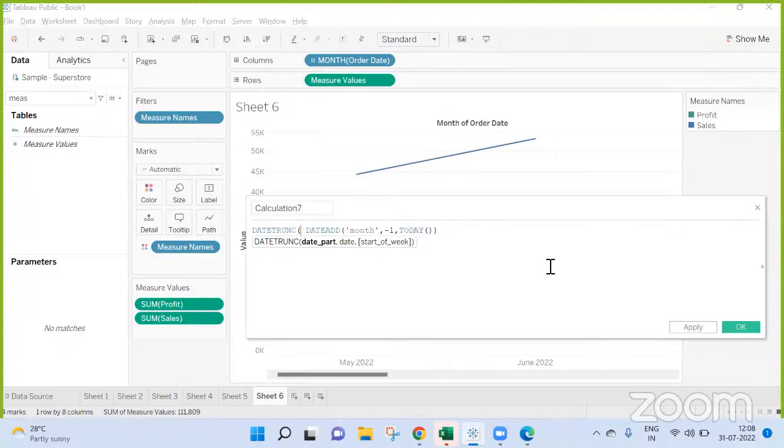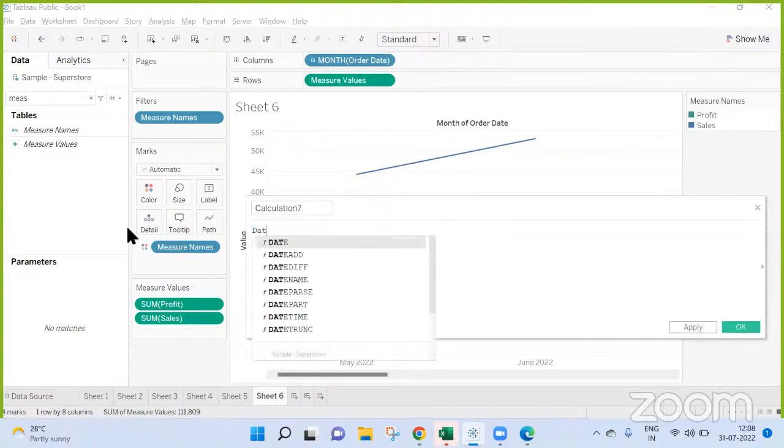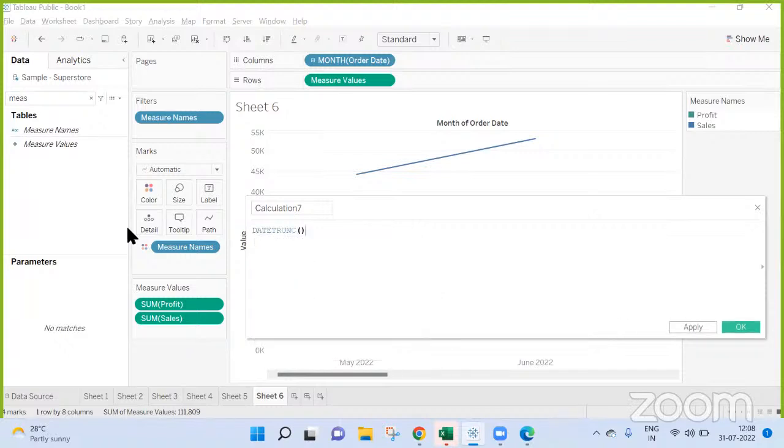Oh, not this. Actually, not this. Last month last date, because that's why I'm taking the date to get to the first of the current month. First of the current month, right? Then -1.